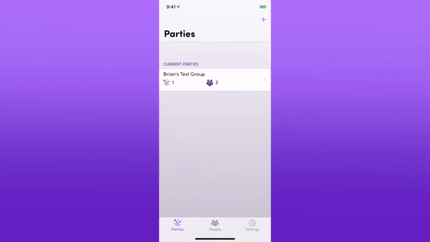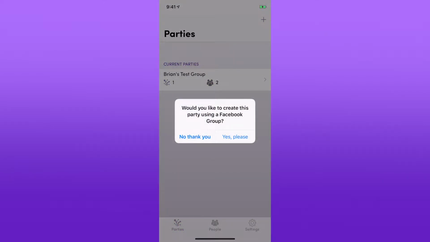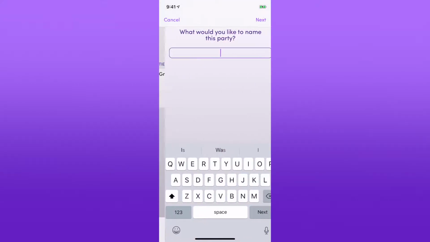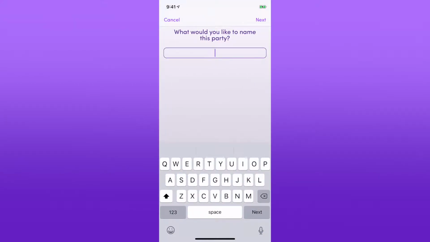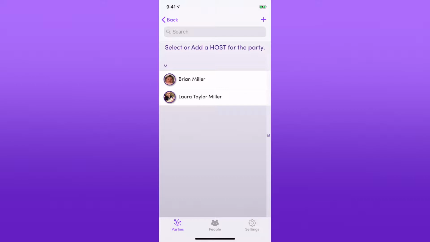So now to create a manual or local party, again, you'll select the plus icon and then we will say no thank you. This will now be a manual entry, so I will just call it test party. Then I'll tap next. So on this screen, to add the host, you'll notice these are the two Facebook users that came from the other party. The reason is that once you've added a user as a host or as